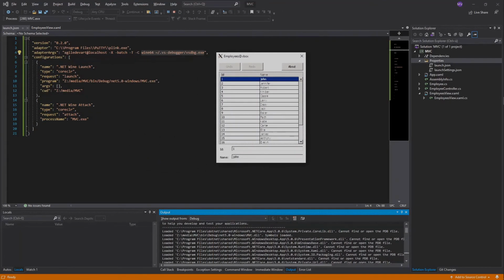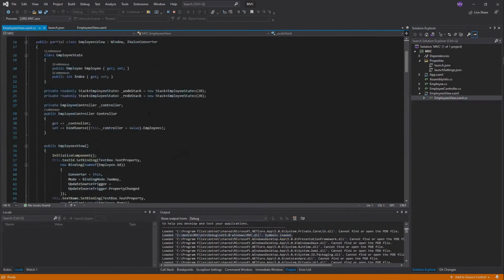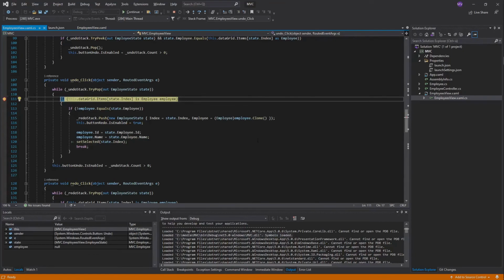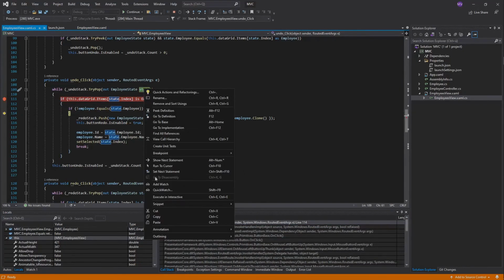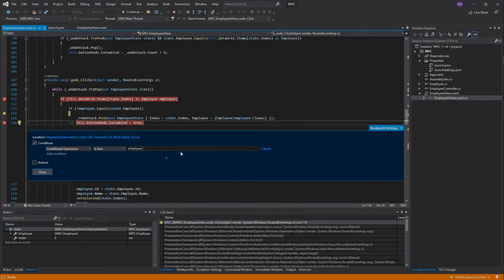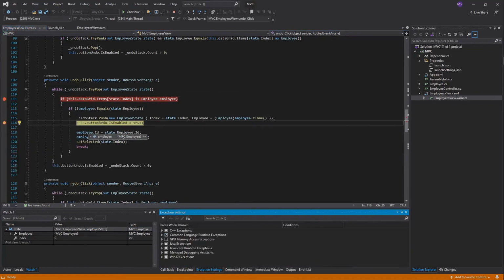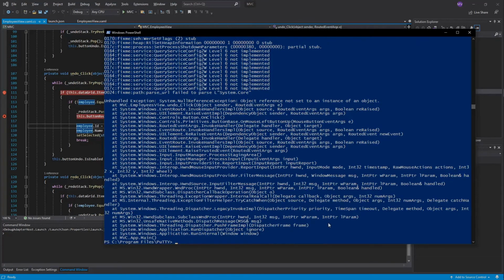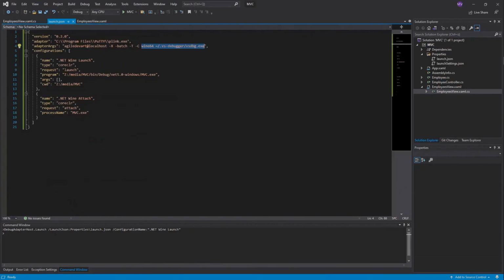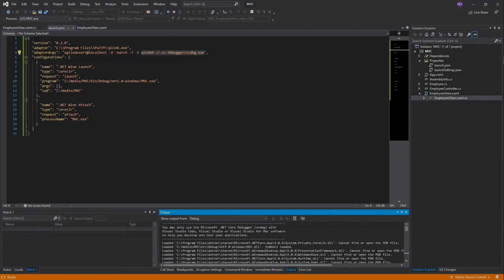Here it is. We see the symbols are loaded. Set a breakpoint. And it breaks. The full debug information is here as well. Stepping, watch window, conditional breakpoints, and break on exceptions also work as expected. Finally, let's try the attach configuration. Start application, attach, and we are indeed attached.